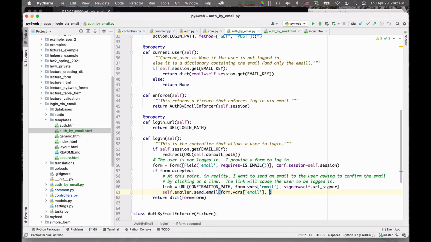So I send it to the user, and this is the link I send. Now, once I send the link to the user, what do I do? Good question. What should I be doing with them? Nothing. This is one rare case.